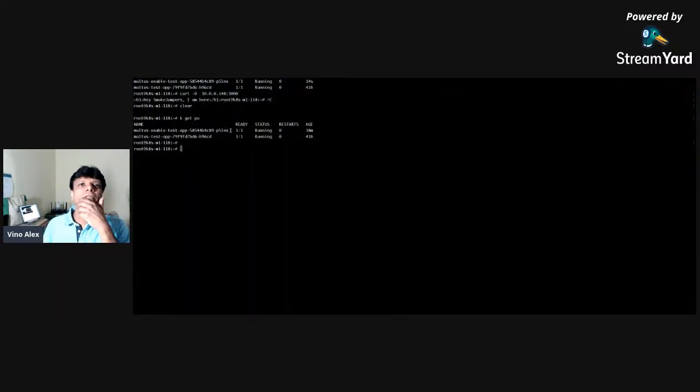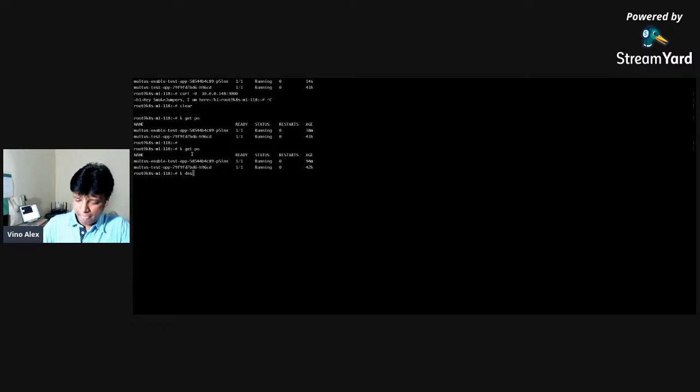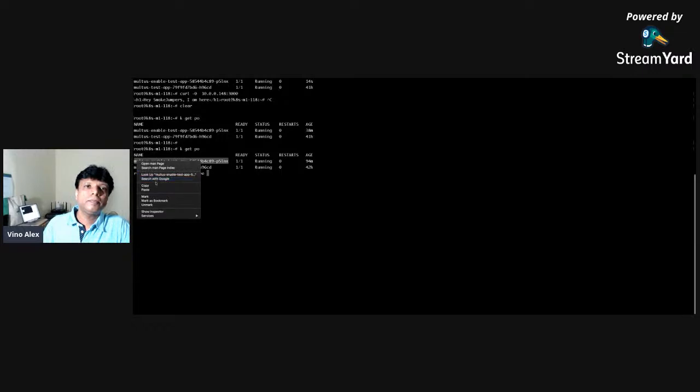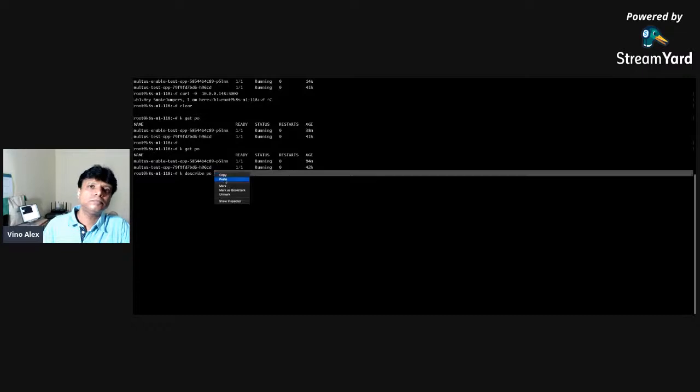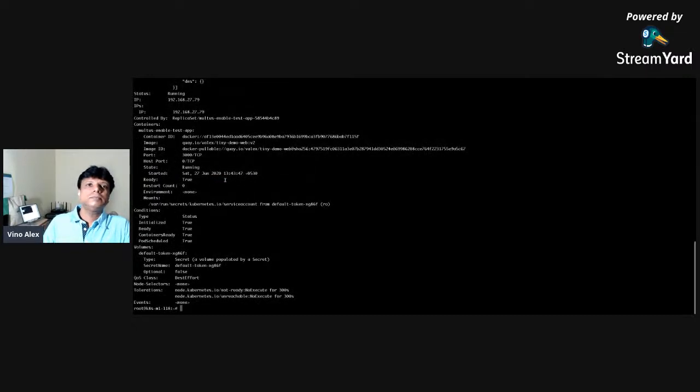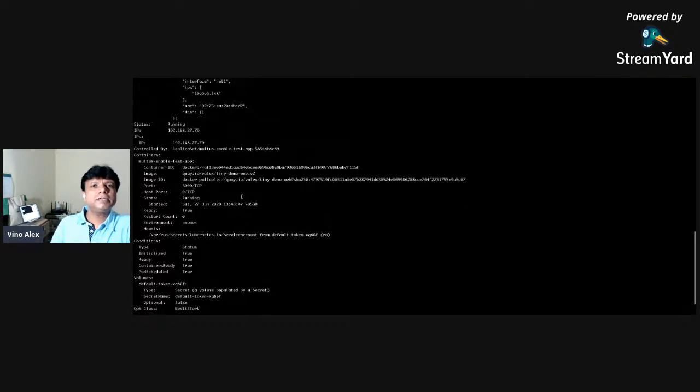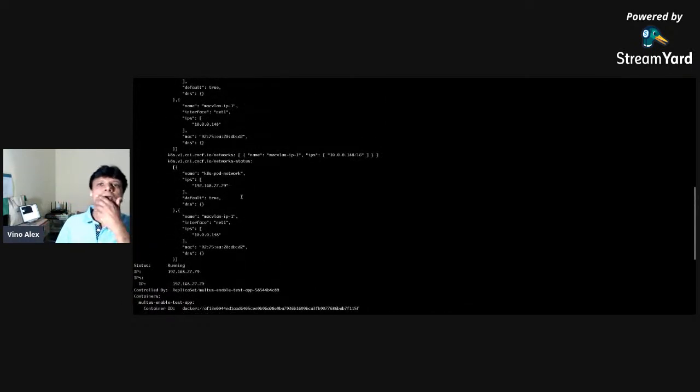So you see one of the pods here. Typically a pod has only one network interface. Suppose I describe this pod. If you look into the description, you could see one more additional network for the pod.